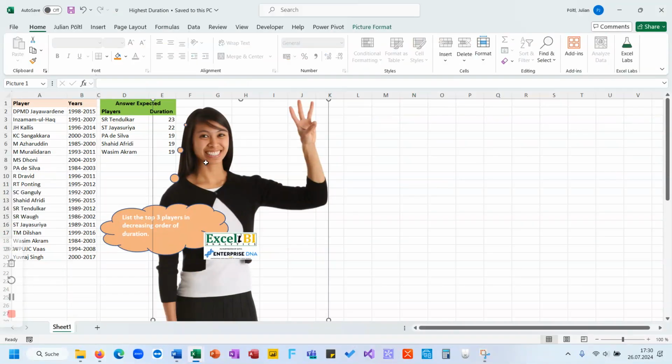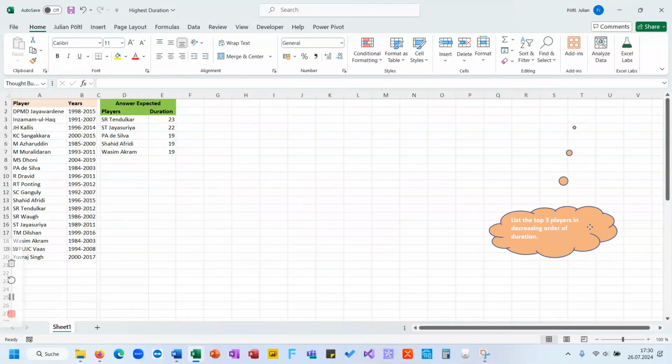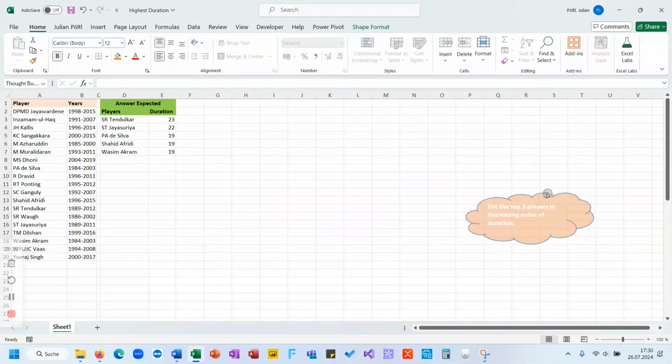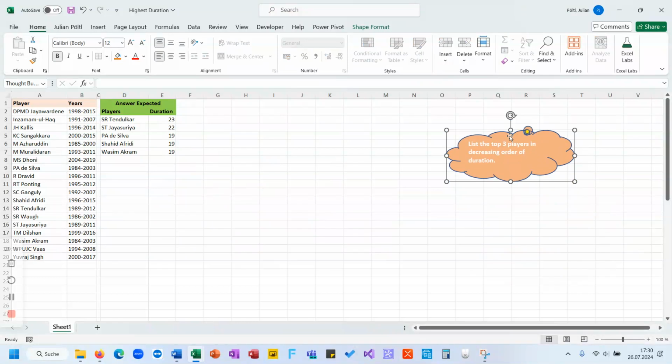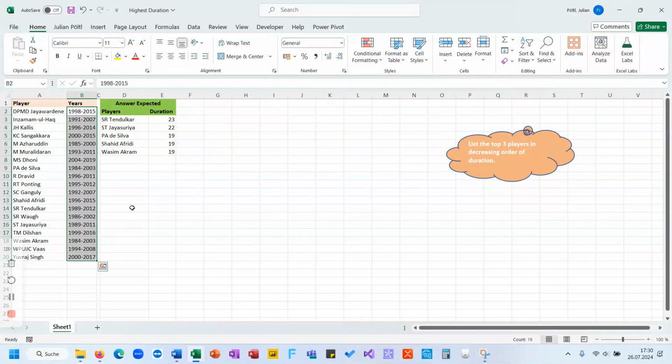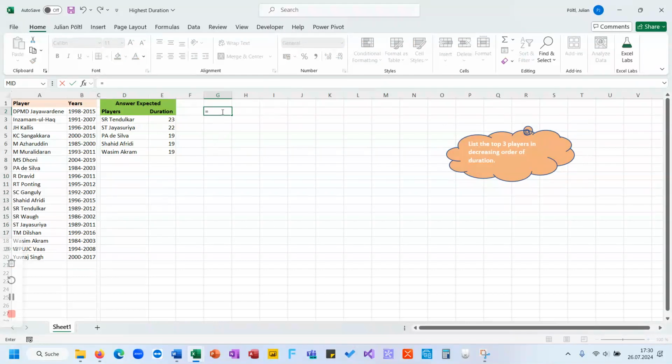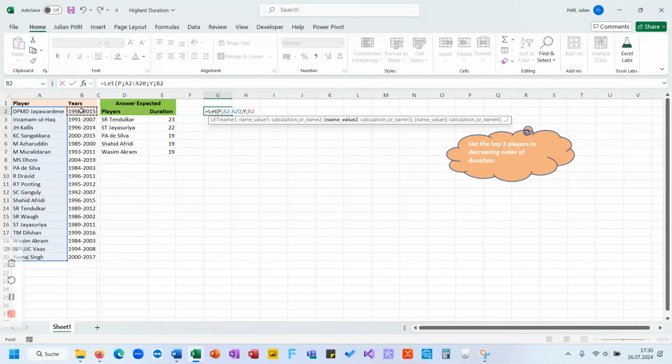Well, now, so we need to list the top 3 players in decreasing order of duration, and duration is determined by this. So we do something like LET: first the player in the LET argument, and then the years in the LET argument, and now we do